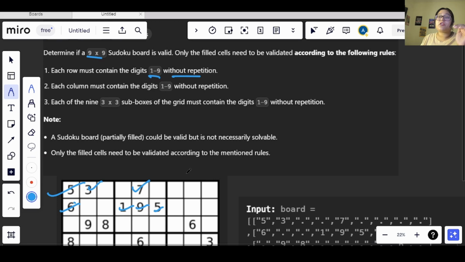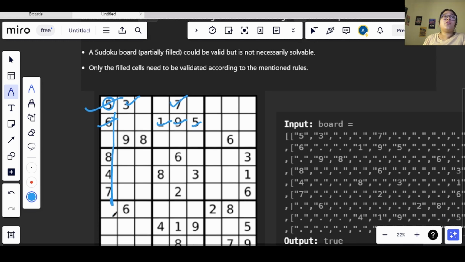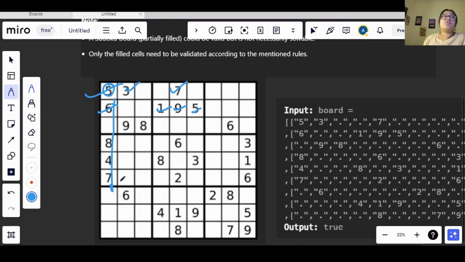Now we need to check for the validation of the column also, okay. So in the same way, like we were checking for the row, we need to check if this 5 we have here is not repeated anywhere in this column, okay. So we don't have any more 5 here, so this 5 is correct, okay, it is right to be present in this. Now we will be checking for this 3. More 3 should not be present in the second column. So in this way we will be checking for the numbers in the column, okay.